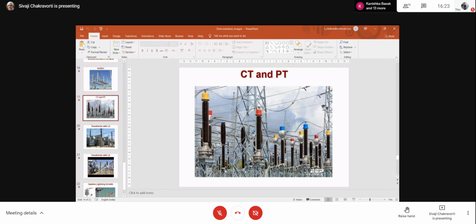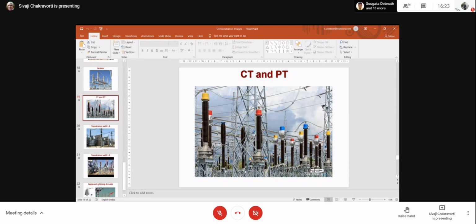Look at this blue color here in the middle. You can see the conductor is going into it and another conductor is coming out of it. So there are two conductors you can clearly see. One is going in, one is going out. This is always typically the current transformer, because the current transformer primary is connected in series with the line. So therefore you have these two terminals of the primary. And the primary winding is inside, in series with the line. The secondary is also inside. So anywhere you can see these two lines going in and coming out is actually a CT.